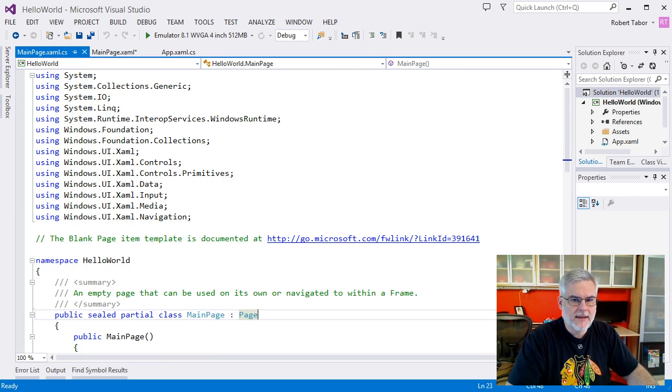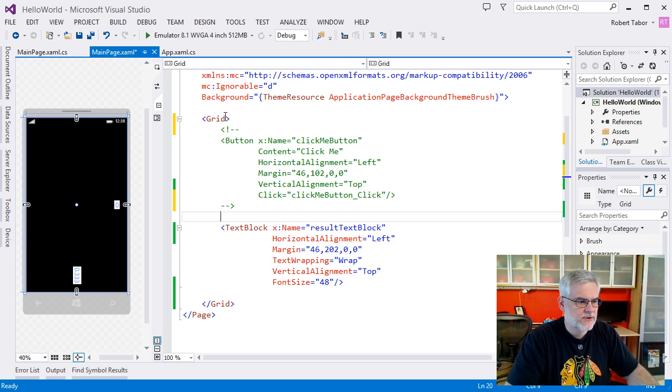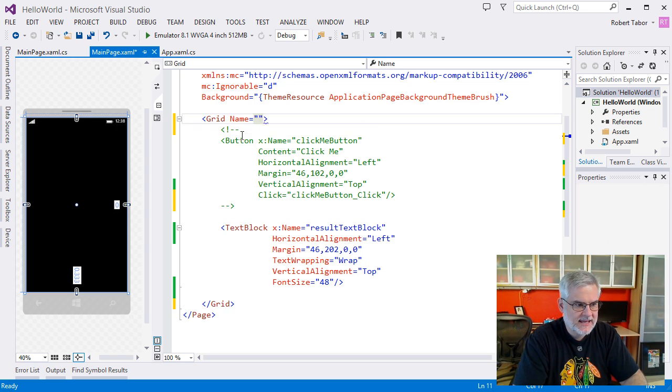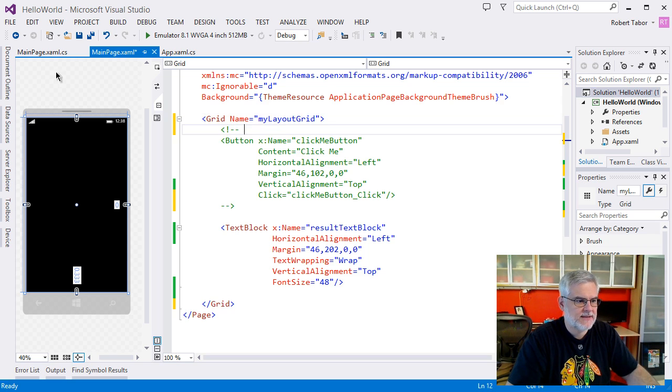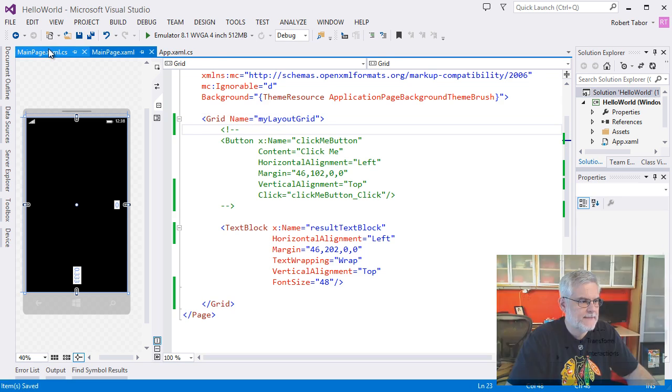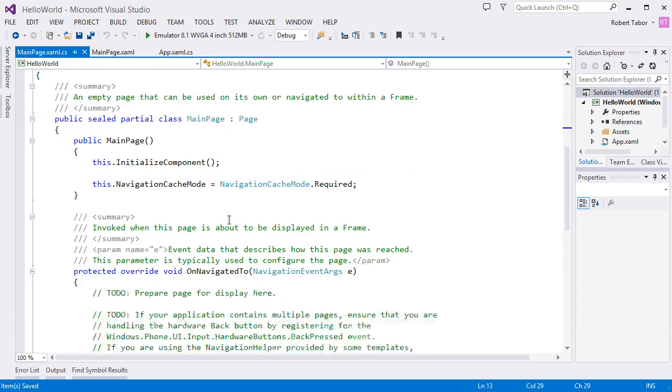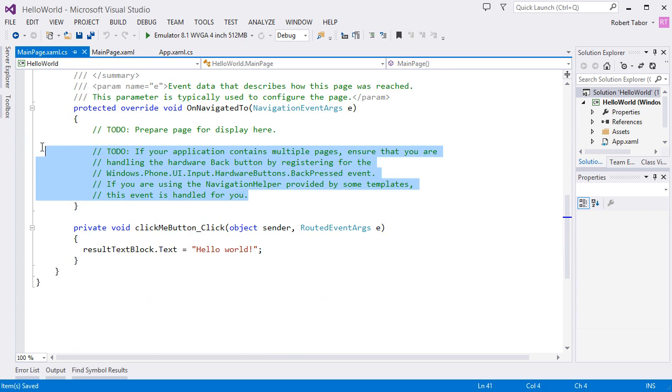So now let's go to our MainPage.xaml. Actually, one other thing that I want to do here, I'm going to give my grid a name so that I can access it from my C# code. So I'll give it a Name equals myLayoutGrid. And you'll see how that comes into play here in just a moment. Let me save that. All right, now in the code behind, in the MainPage.xaml.cs file, in this OnNavigatedTo section,